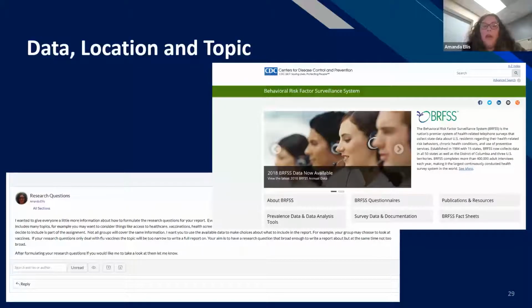And then the students would have to choose a topic that related to preventative healthcare. And so students might choose topics like breast cancer prevention, or there were other types of prevention. They might look at vaccines, for example, flu and pneumonia vaccines. So each of these groups would work with the BRFSS data. They would get a location and then a topic.